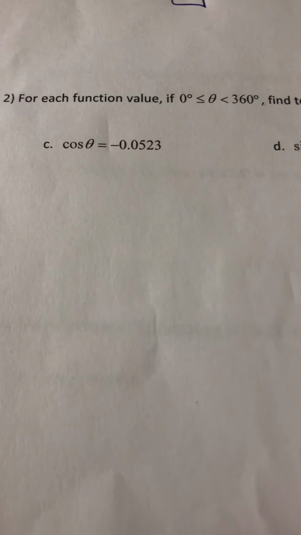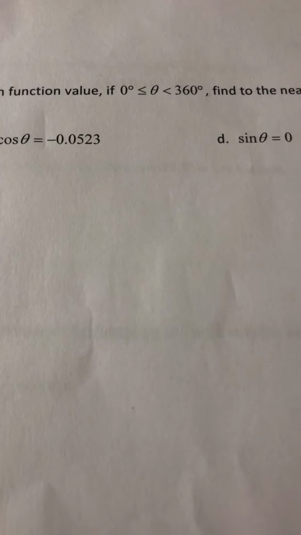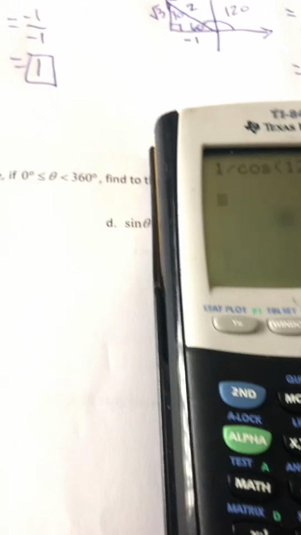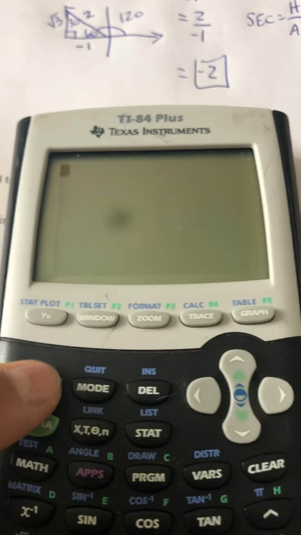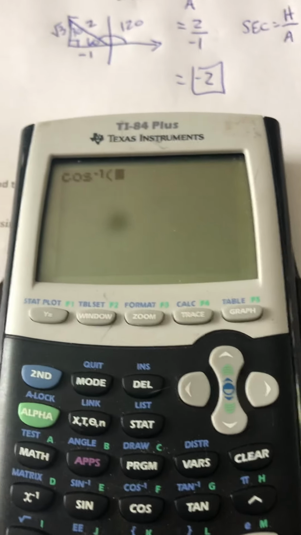The next part we have is for each value, if 0 is less than theta, which is less than 360 degrees, find to the nearest degree 2 values of theta. So the first thing we're going to do is find the degree measurement. So I'm going to push, and we're looking for degrees, so we're going to use inverse. So second cosine of negative